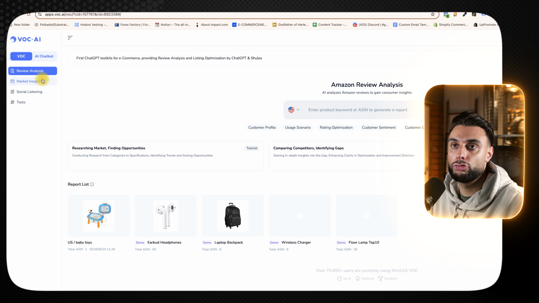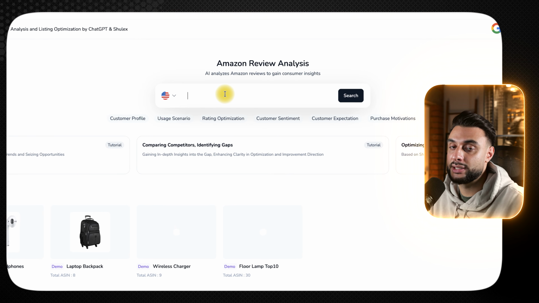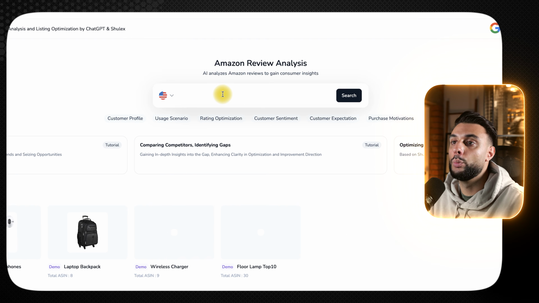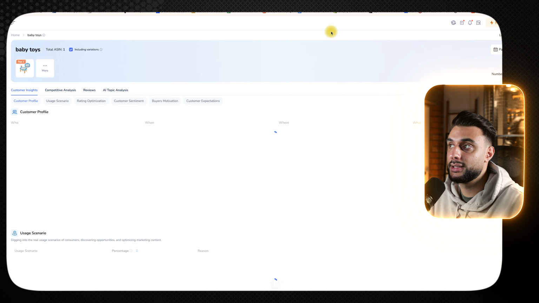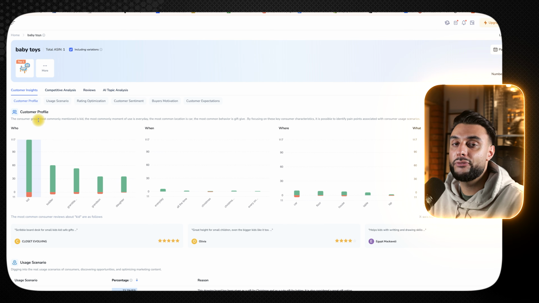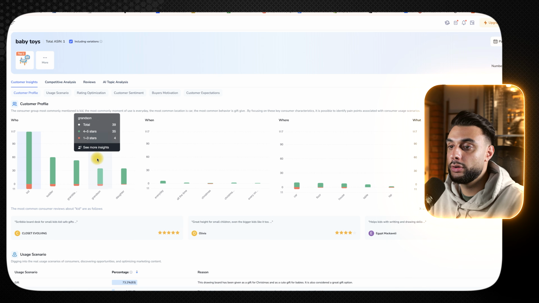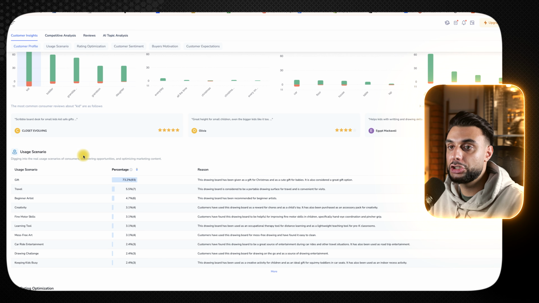Now, something else that's insane that this tool does that you want to use is you want to come to where it says Review Analyst, and you want to type in the name of the product that you found that you want to sell based on the data it showed you. And once you've done that, you're going to add it to your report list. And once you open up this report list, it's going to give you a customer profile on who is your ideal customer. So you can see who is the customer: kids, toddlers, grandparents. Then it's going to show you usage scenario,